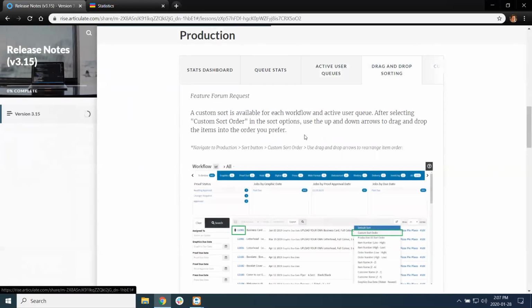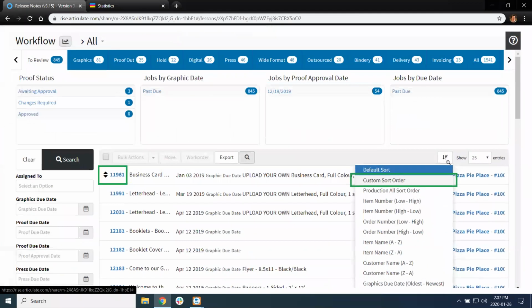Next, we have drag and drop sorting. So this is another feature form request. A custom sort order is now available for each workflow and active user queue. To access this, after selecting custom sort order, down here where you have the different sort options, you would select